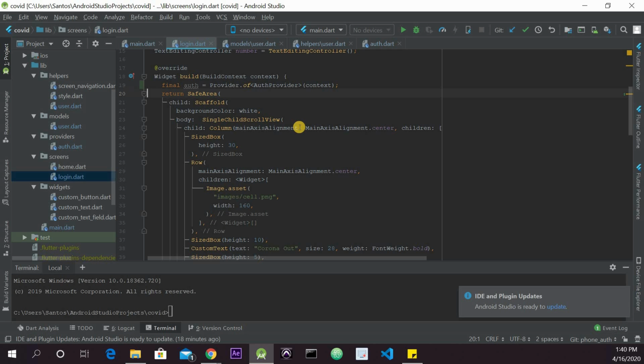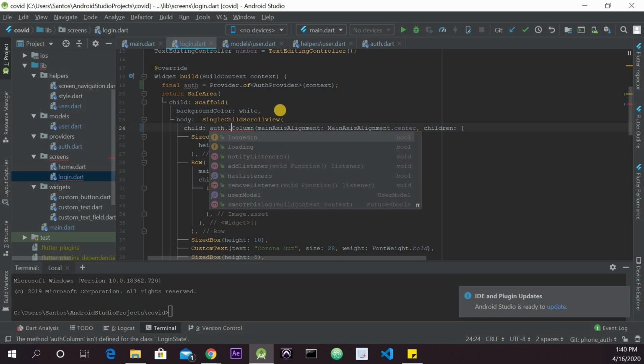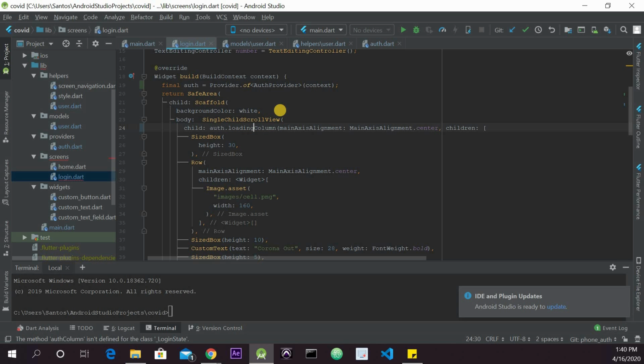Good. Now what we want to do is inside of our column auth.loading, and if it's loading,